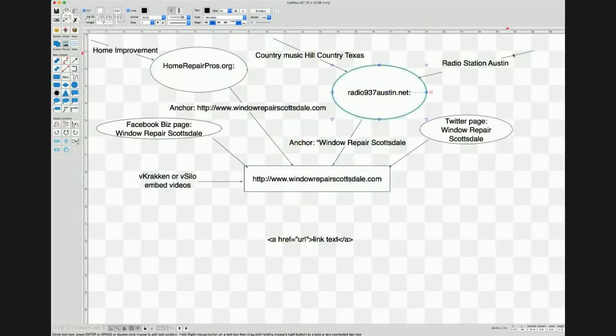Okay, but just because these links that are essentially second tier links coming into our money site are not about window repair, we're still going to be able to get use of a lot of this power. Even though this country music, Hill Country, Texas, has nothing to do with window repair, we're still able to take advantage of this power. That is the primary reason we use PBNs. Now, ideally, yeah, you've got power that's actually about the industry that you're in, trying to rank for. But this is a very rare situation. I have only a handful of sites that are really set up this way.